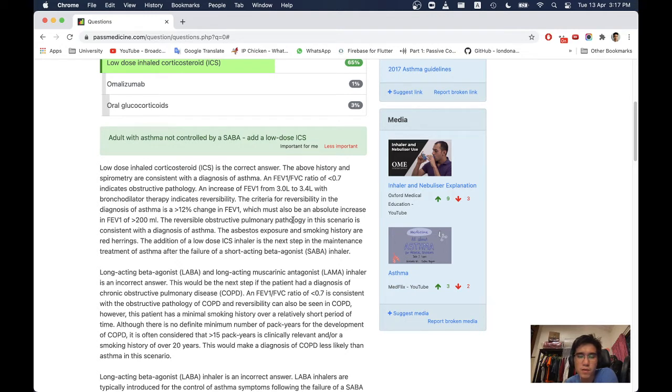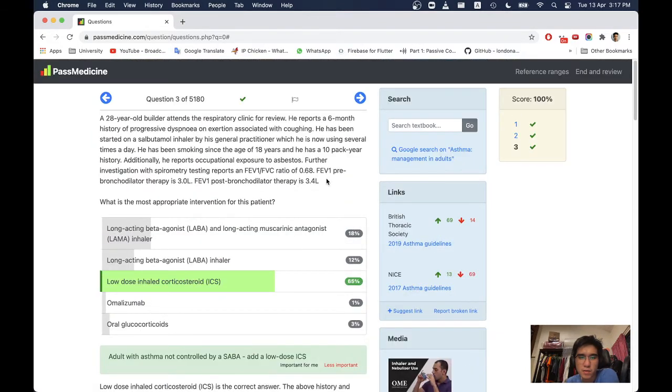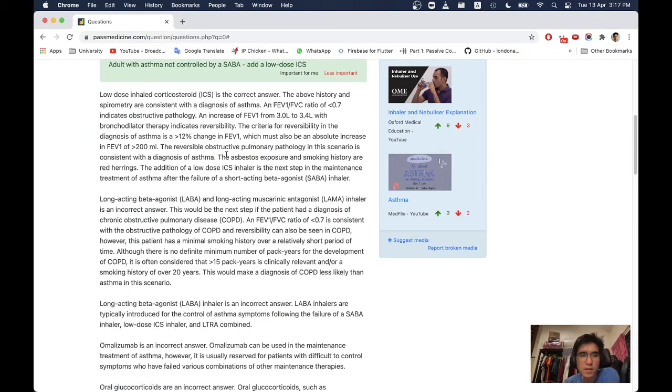The criteria for reversibility in the diagnosis of asthma is a more than 12% change in FEV1, which must also be an absolute increase in FEV1 of more than 200 ml. In this case, it's 400 ml. Okay. The reversible obstructive pulmonary pathology in this scenario is consistent with a diagnosis of asthma. The asbestos exposure and smoking history are red herrings. The addition of a low-dose ICS inhaler is the next step in the maintenance treatment of asthma after the failure